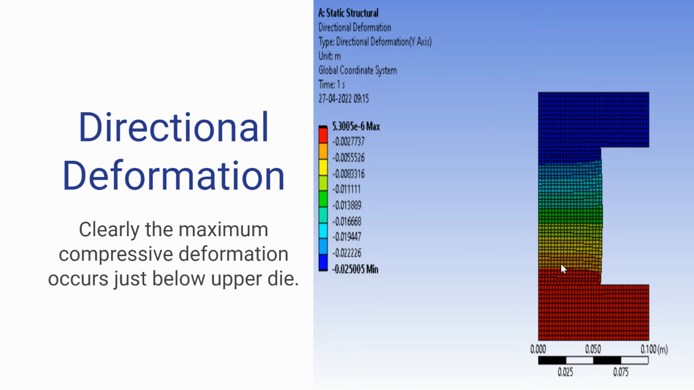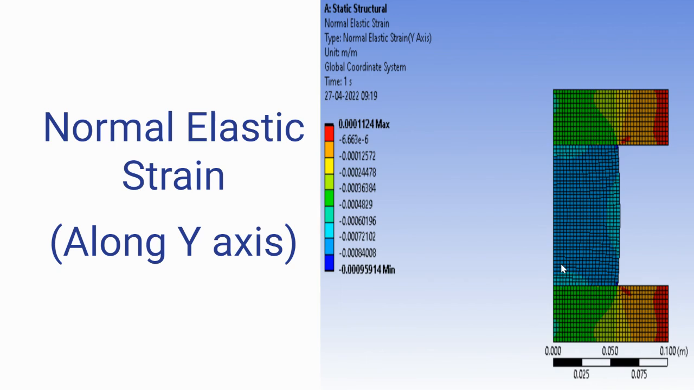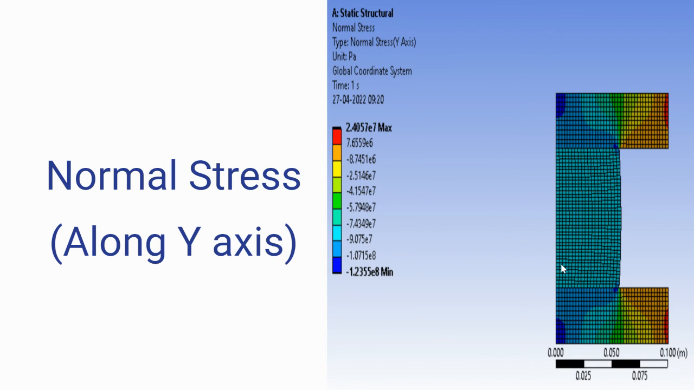So if we now look at the results of the simulation, the directional deformation comes out like this. Clearly the maximum compressive deformation occurs just below the upper die, and it is 25% of the original height. Then the normal elastic strain, its variation in the body, comes out like this. The normal stress is varying like this in the body,